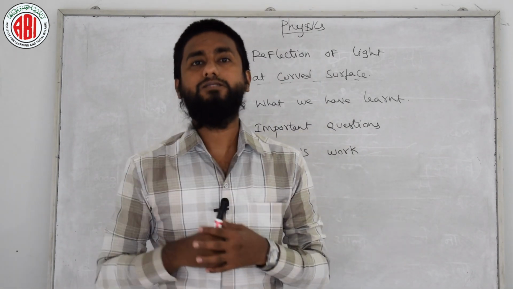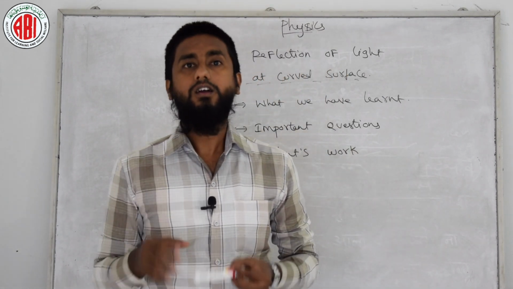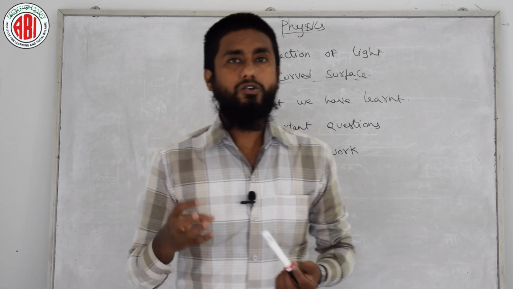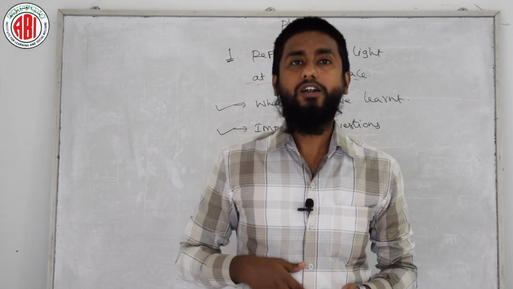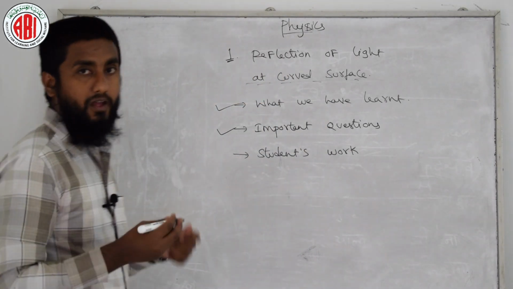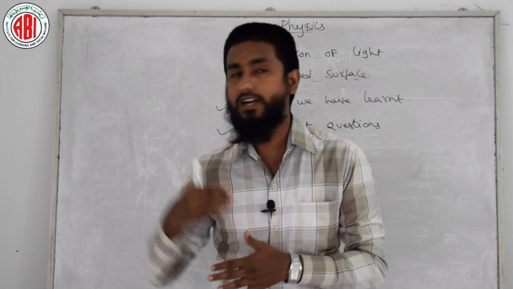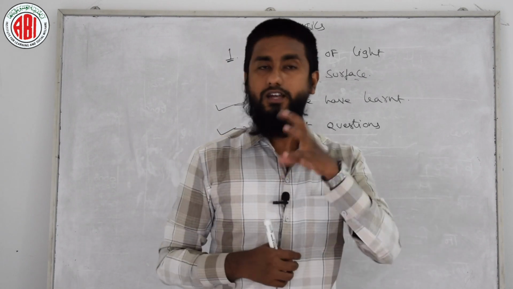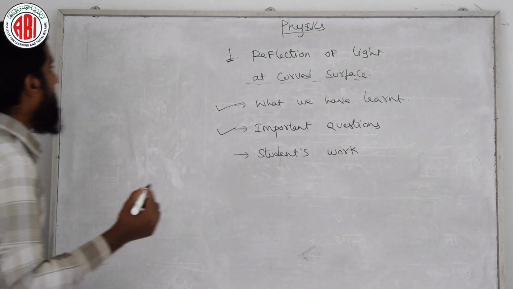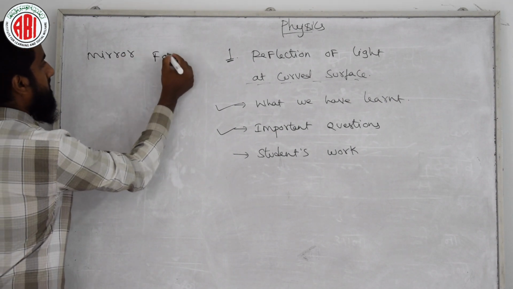After that, we have a few problems in this chapter. Apart from this, we have done one problem already. Next, I am placing a few problems you need to solve on your own, but make sure you apply a few rules when you are doing the problems. I will explain on this board. Look at the board. Okay students, this part of the board is visible to you, but I may not be visible because I am moving aside, but you can see that part of the board. Now, in the problems we need to remember and follow a few rules. First thing is that in problems we are using the mirror formula.